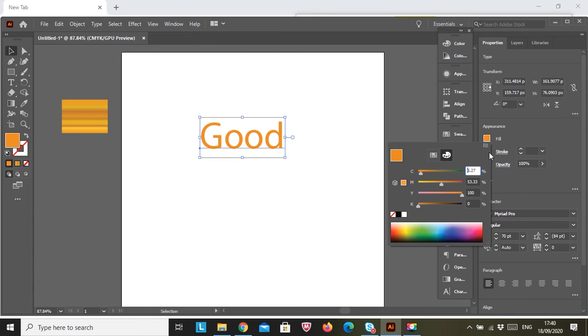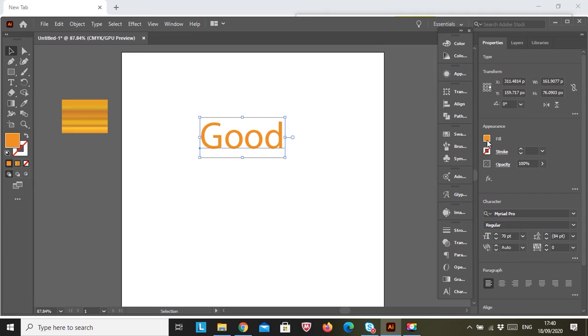Now another way you could try to apply this gold color to this text is to use the eyedropper tool, okay? And when you click on that, have you seen it will work? It's showing black, but we didn't click on a black color. So that's why this tutorial is an exception. Some people are finding it very difficult, and some people inboxed me asking me to do this in school, and that's why I'm doing it. Okay. So listen,